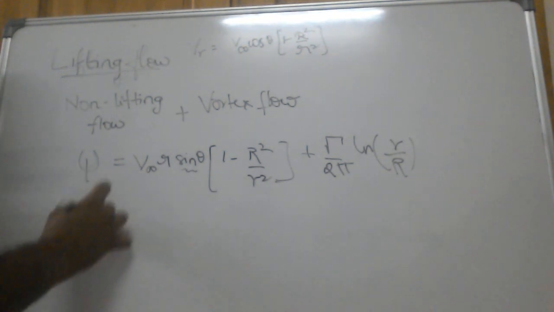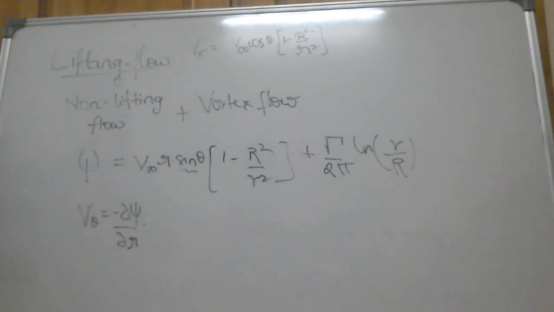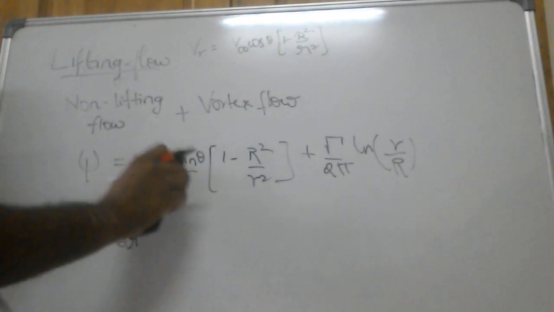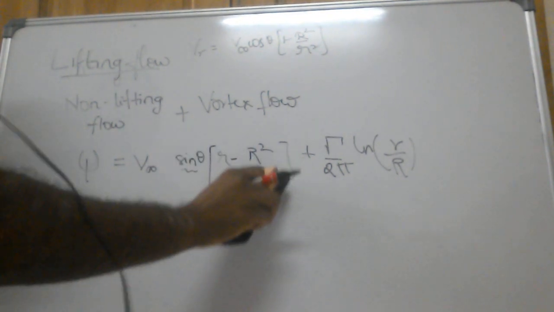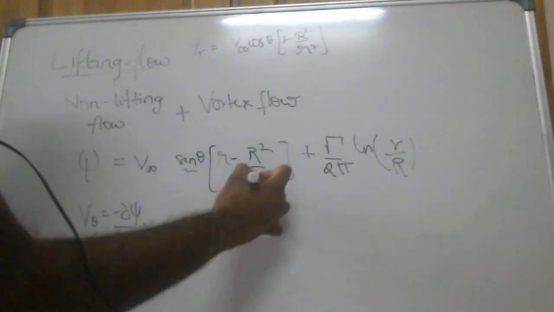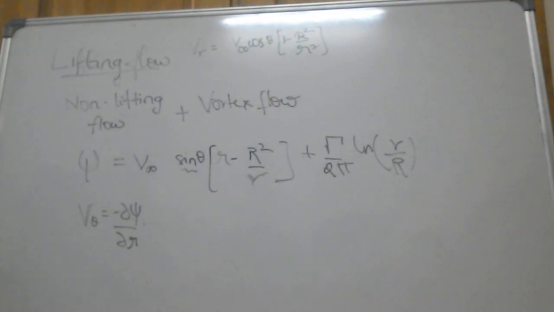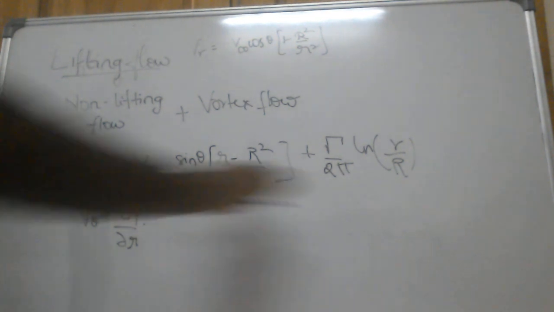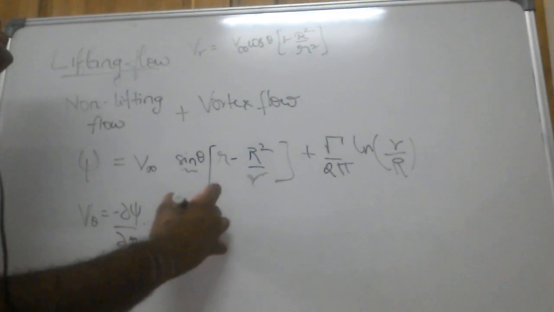So V theta is minus dou psi by dou r. Now let me just take this r inside. That would give me an r over here and a minus 1 and a 1 by r over here. So I just took the r from outside the braces to inside, and that's what it would give me. Now let me differentiate this expression with respect to small r, and that gives me V theta is equal to